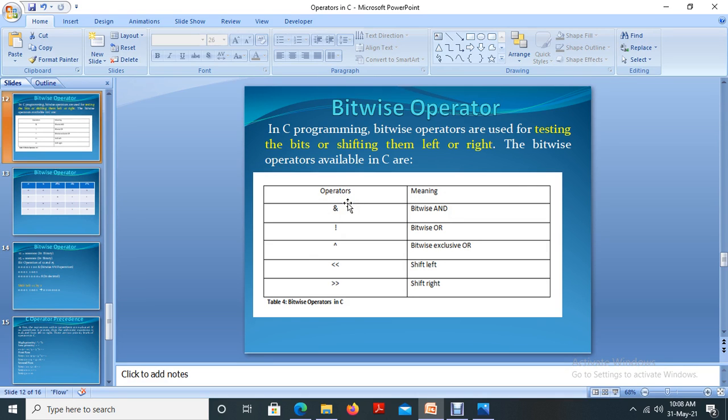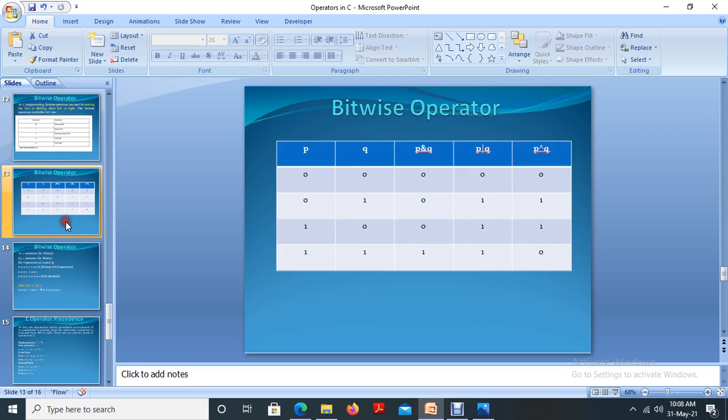So we are going to deal with binary values of a number. Consider if you have a number, for example 12, then you have to convert it to its binary and only then can you do the operations. So for performing the binary operations we are using these operators. The rules for these bitwise operators are as follows.